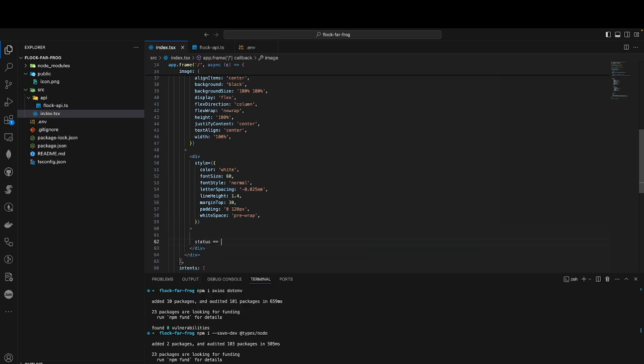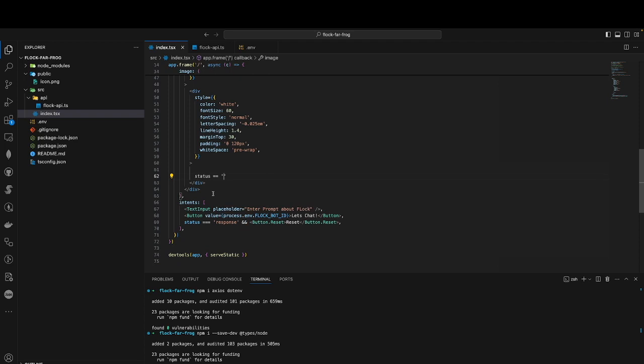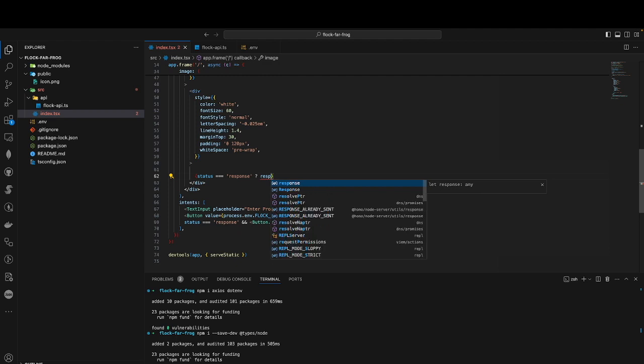Actually, we can do an if condition. So if the status is not response, we will show the default. If the status is response, we will show the response answer. If it's not, then we will just show the default